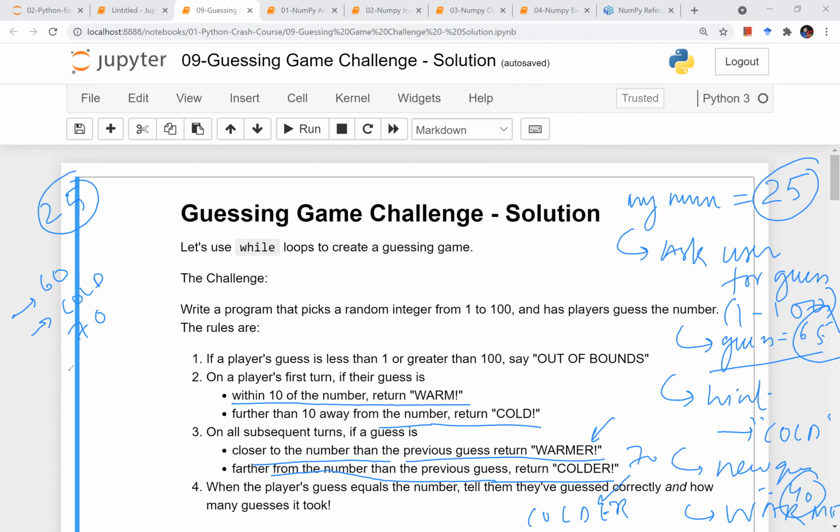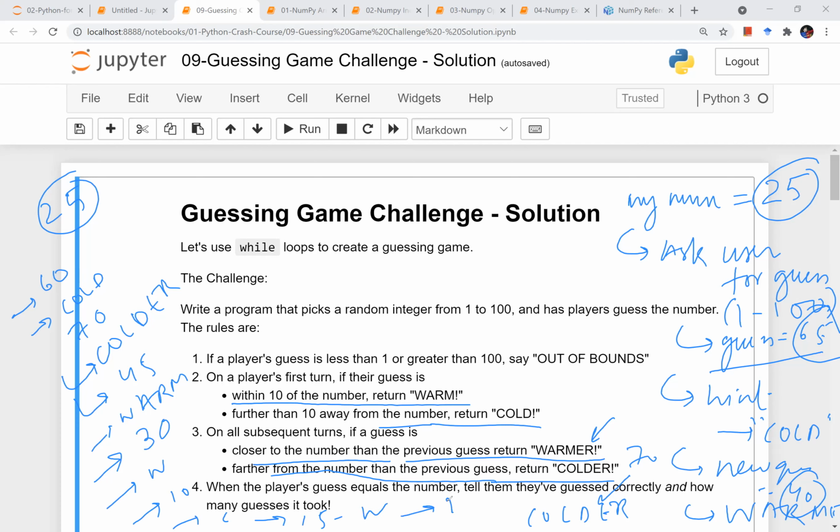Next I will say colder, because he said 70. Next he says 45, I say warmer. Then he says 30, I say warmer. Then he says 10, I say colder. Then he says 15, I say warmer. Then he says 20, I'll say warmer.